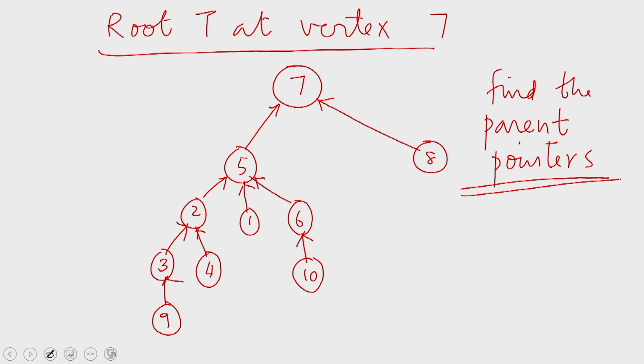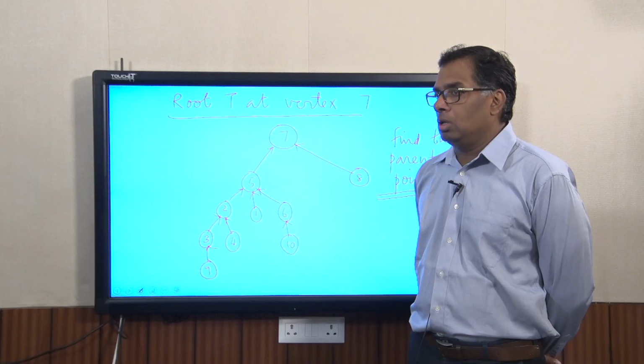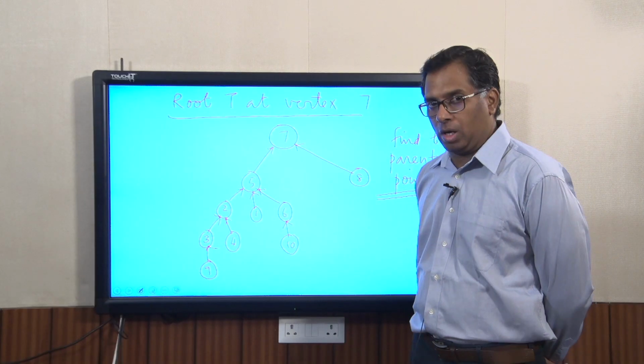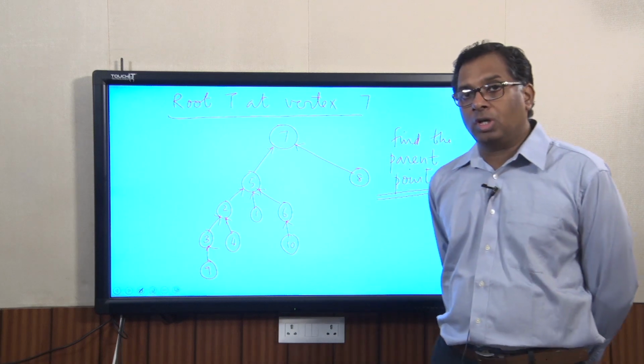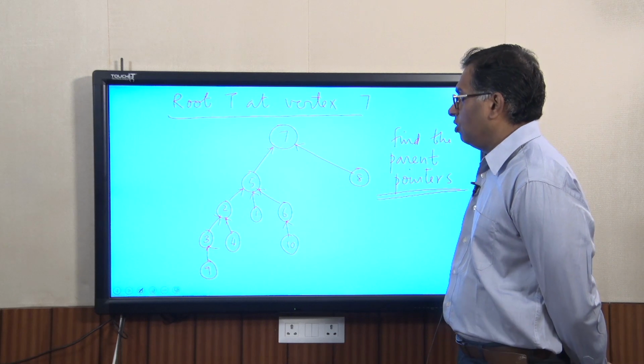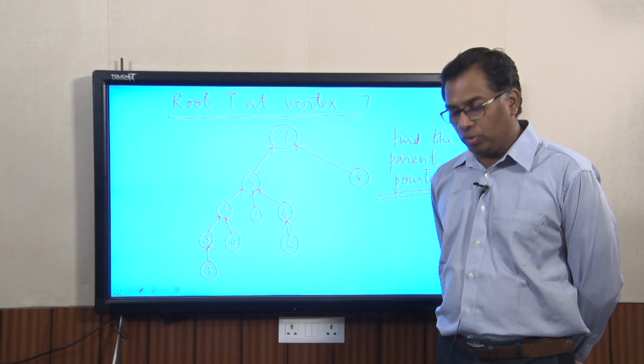So, what we have is this: the tree T is given in adjacency list representation. We can assume that twin pointers are available. Then with n processes, we can find the Euler circuit of this in order of 1 time. Now, with the Euler circuit available with us, how do we find the parent pointers when we root the tree at a particular vertex V? What we do is this: take the Euler circuit,